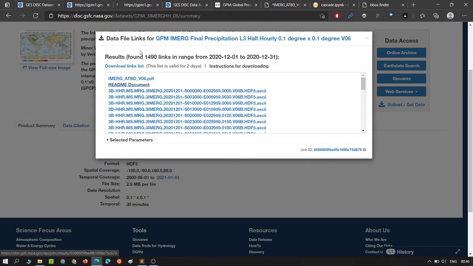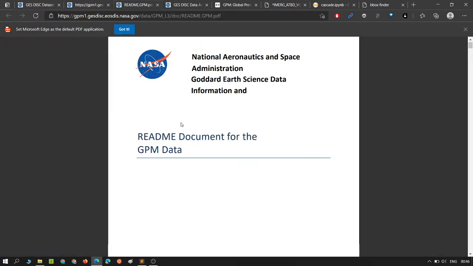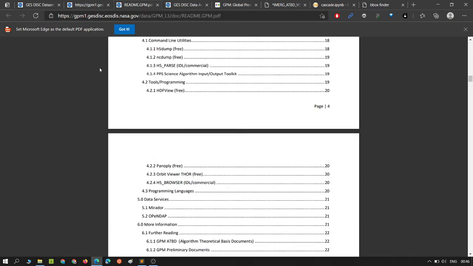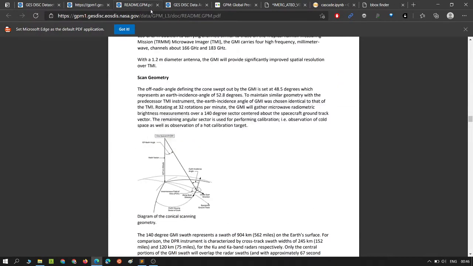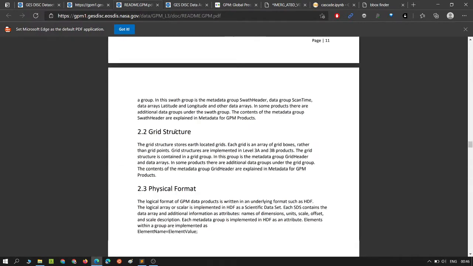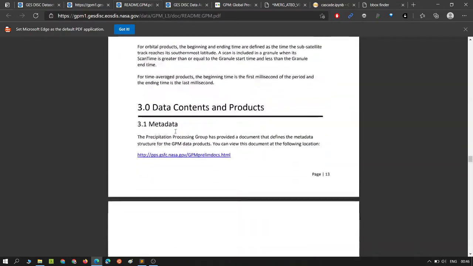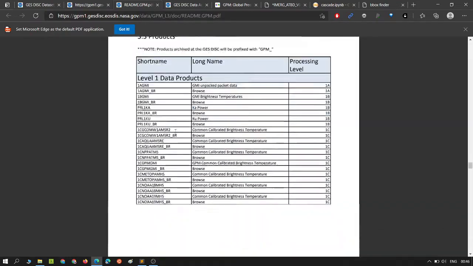Okay, if you look in the readme document, and go to, sorry, not the readme.